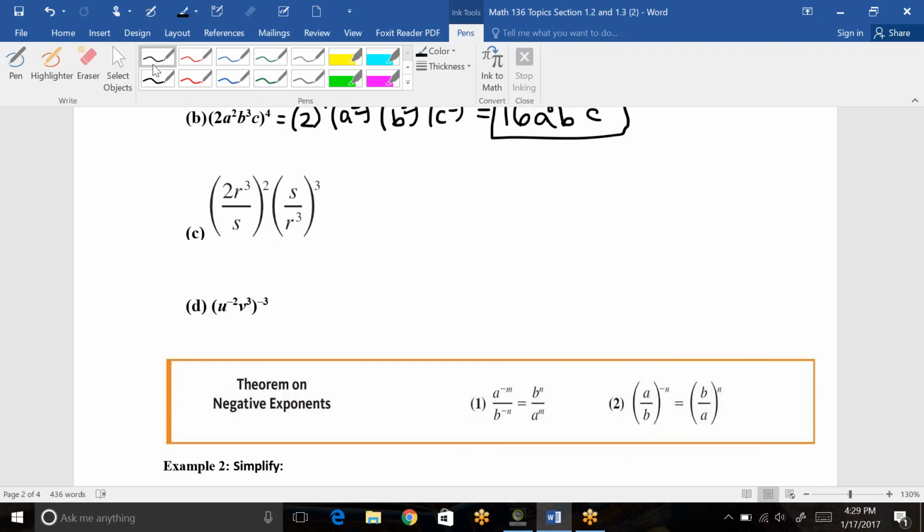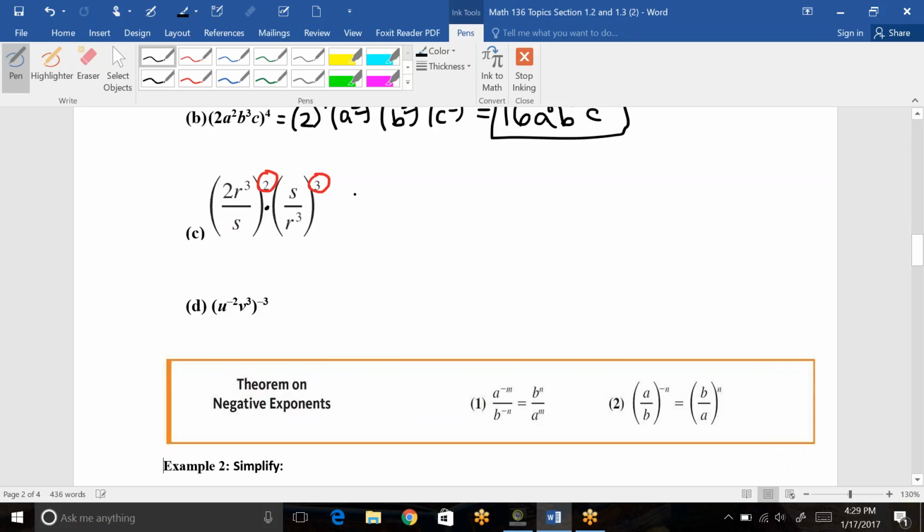For part c here, we have to be a little bit more careful. First of all, the reason for that is there are exponents on the outside. So you cannot multiply this top times this top yet. You need to simplify each fraction first as much as possible before you multiply. That's just the order of operations. So please excuse my dear Aunt Sally,